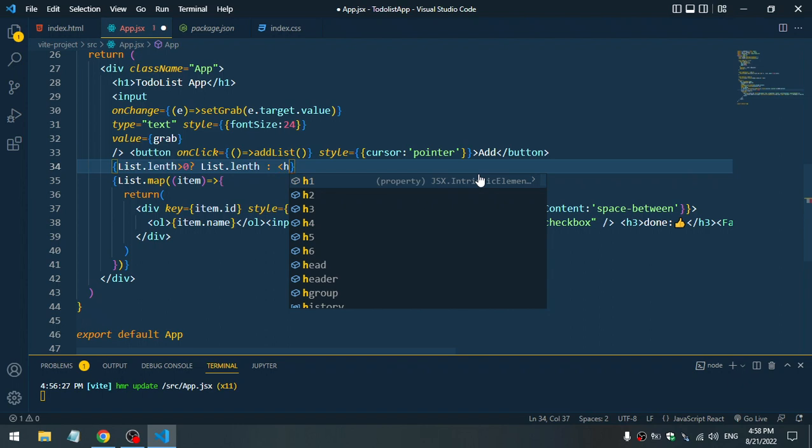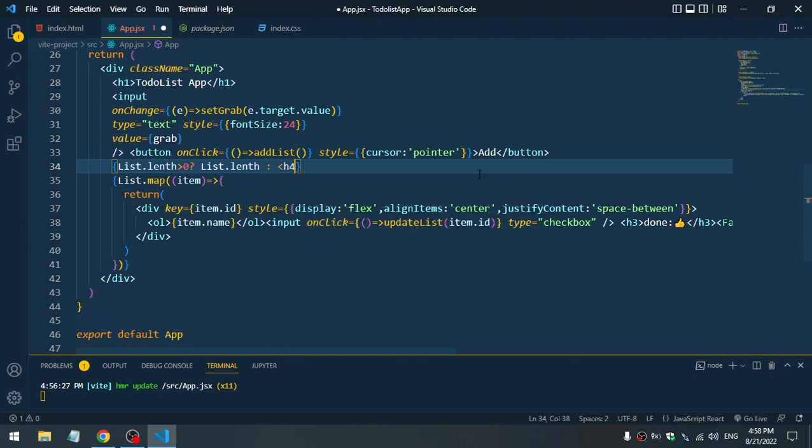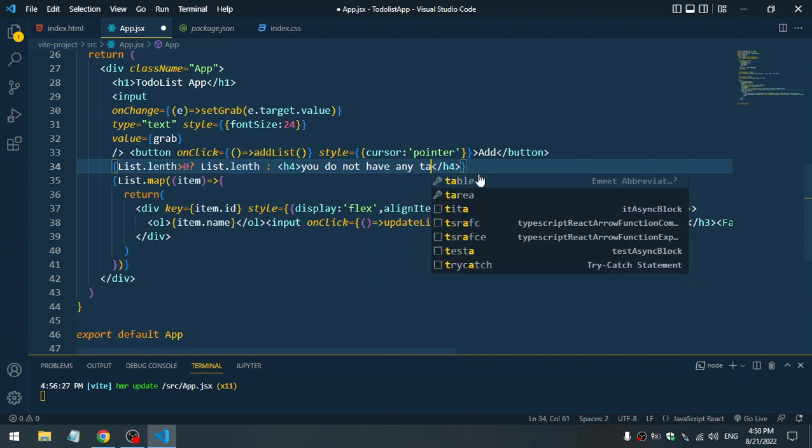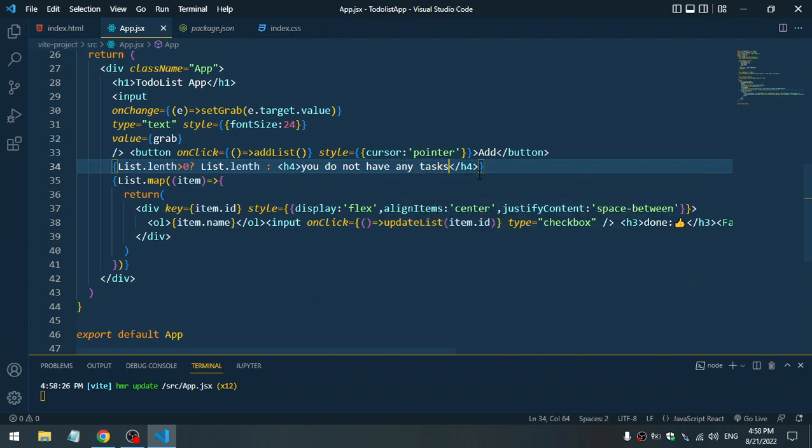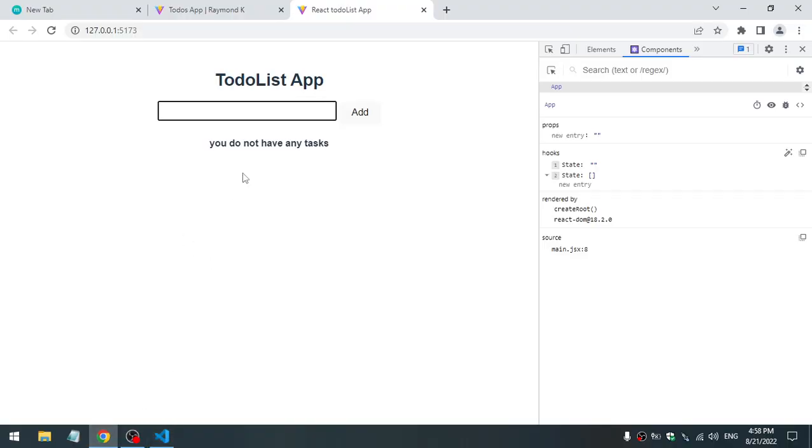Just return h4, which just says you do not have any tasks. Okay, so when you save, now I can see you do not have any tasks